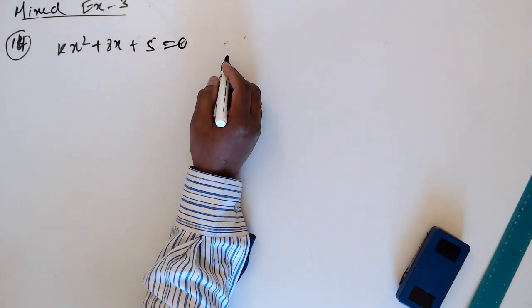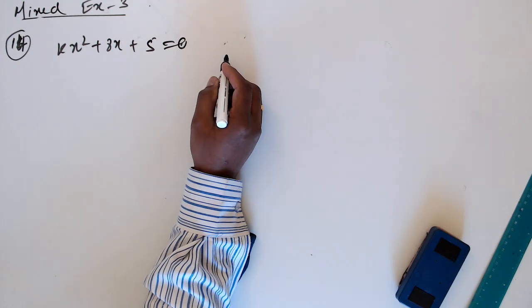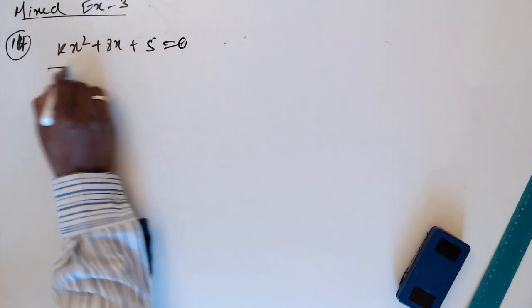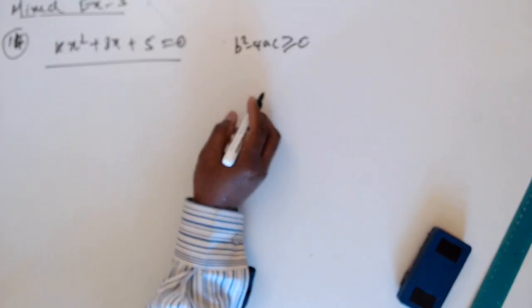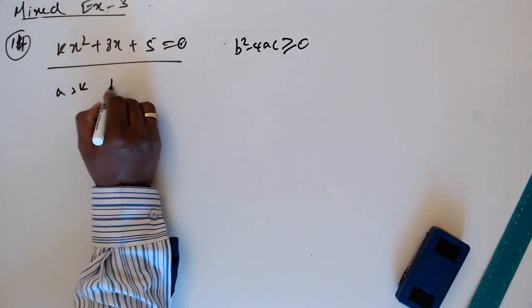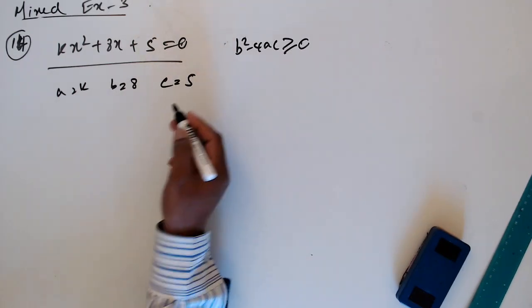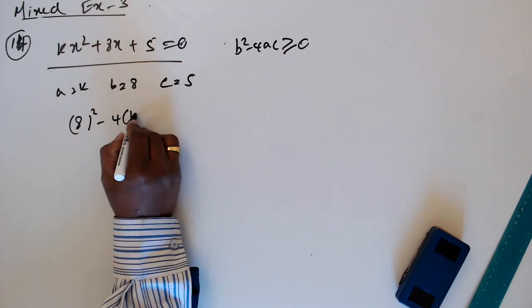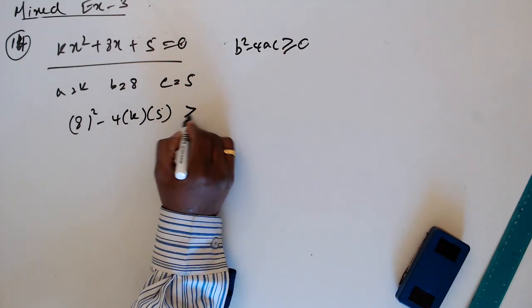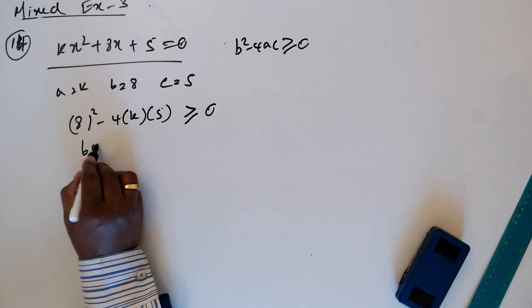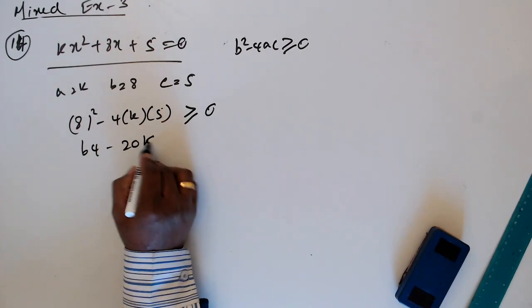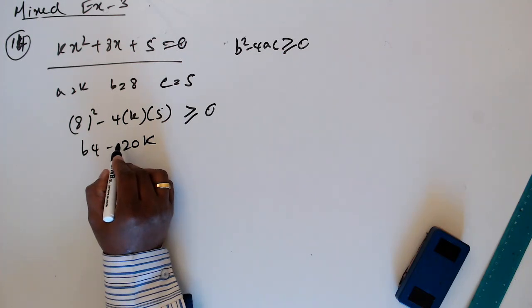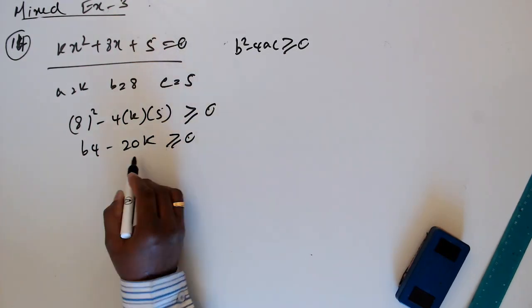So it is given that it has a real root. To have a real root, if this equation has a real root, then b square minus 4ac is greater than or equal to 0. Now a is k, b equals 8, c equals 5. We'll calculate b square, 8 square minus 4 times k times 5 greater than or equal to 0. 64 minus 20k